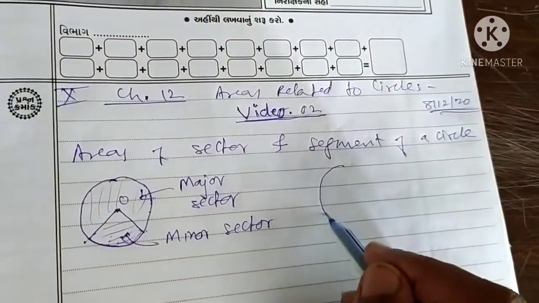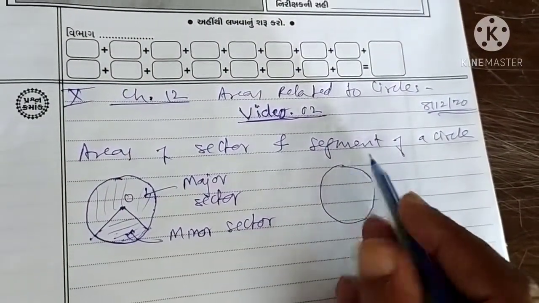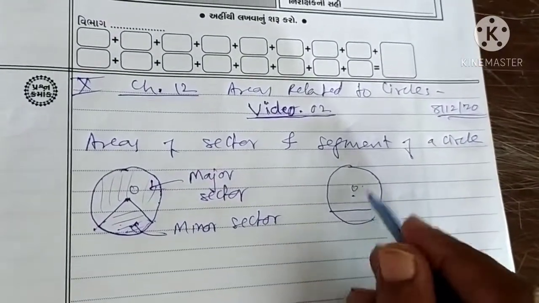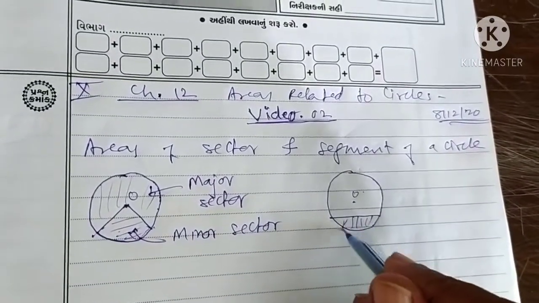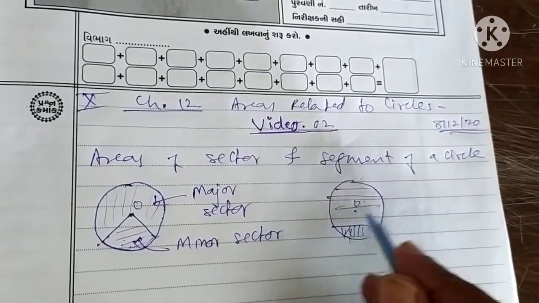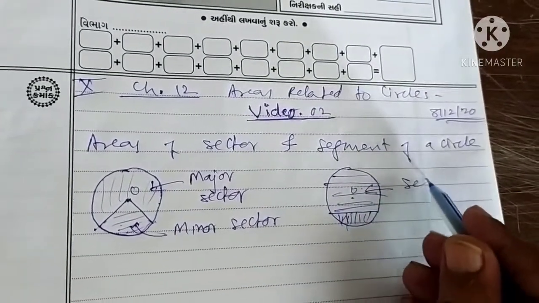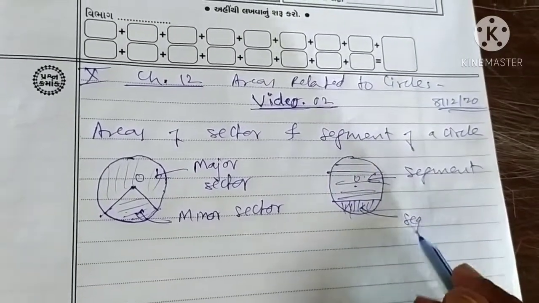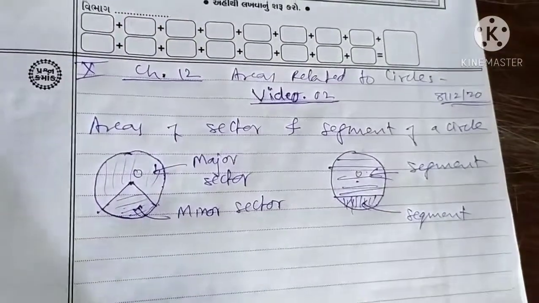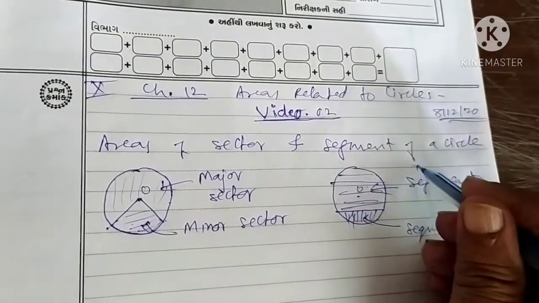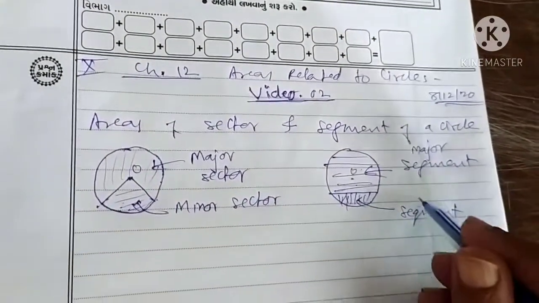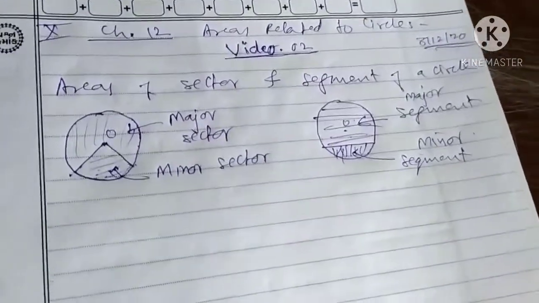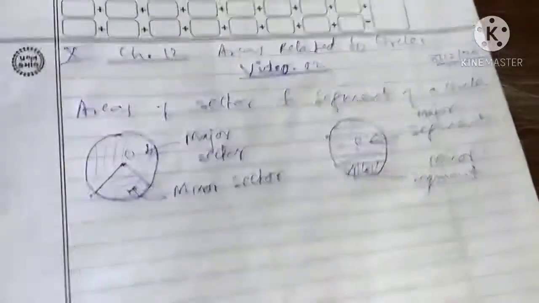Again, now if I draw this thing, if I take center, I draw any chord. Chord divides the circle in two parts. One part is this and one part is this. Yes or no? These are called segments. Segment, and this is also called segment. Yes or no? Means this is bigger in size, so major segment, and small, so minor segment. This we learned in class 9. If you remember, very good. Not remember, now you saw it.